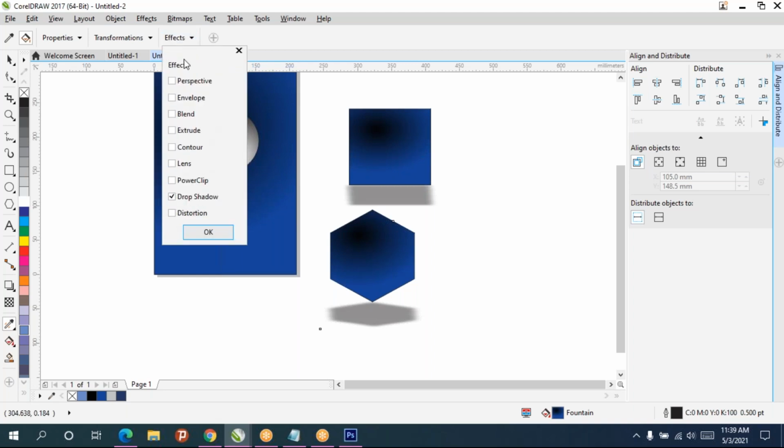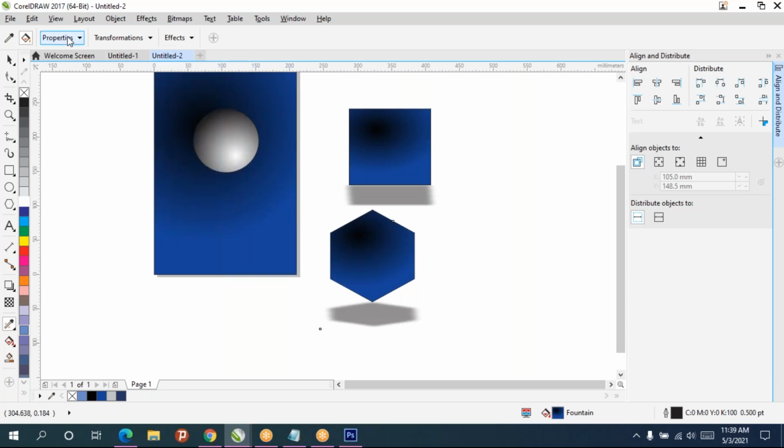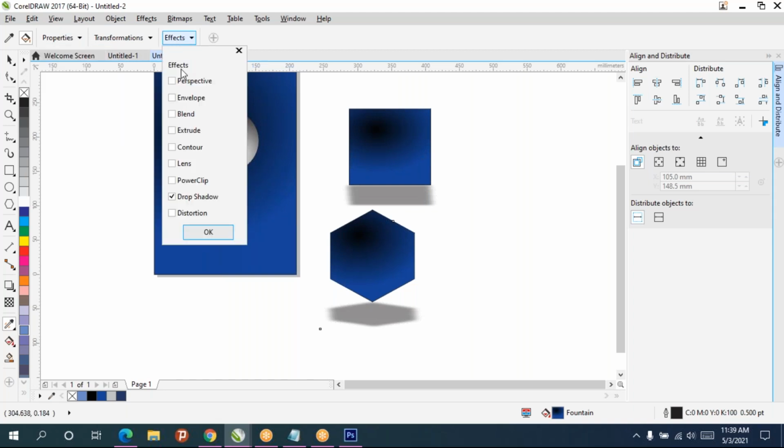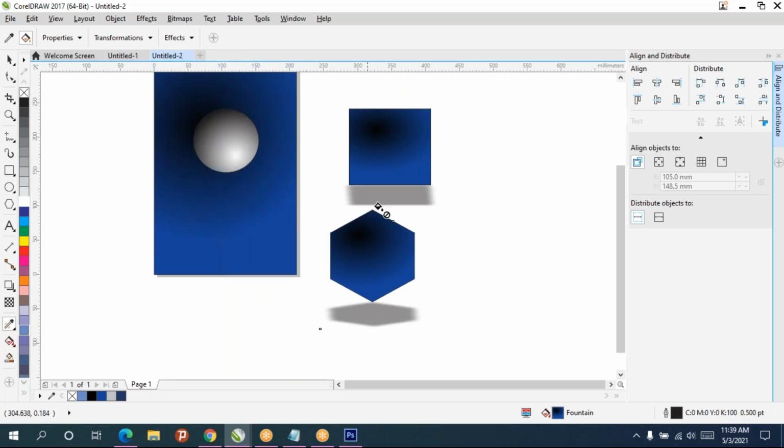You have to enable which effect you want to add with that, but by default only these three options will be enabled. The other effects you have to enable, that means if you want contour, extrude, bevel, blend, envelope, everything you have to enable if you want it.